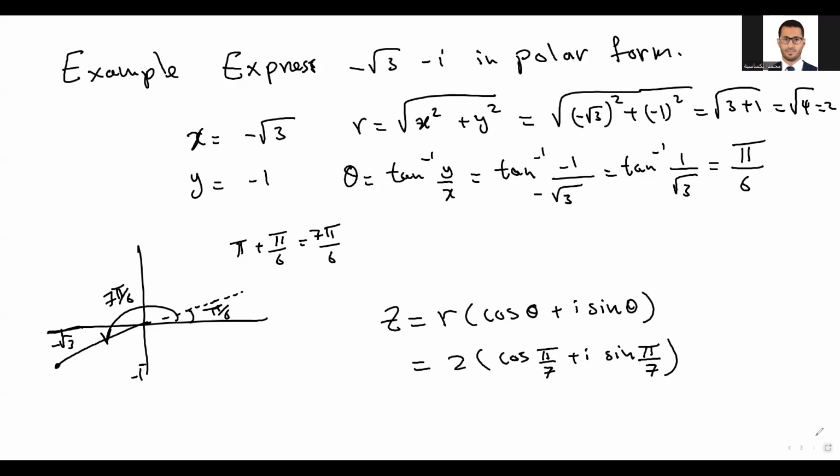And now, in this example, we saw how we can switch between rectangular form and polar form. But why is it powerful? In fact, it is really powerful to represent a complex number in both ways, because polar form makes some operations much simpler. To see the motivation, imagine you've been asked to find z cubed, given that z equals the previous number,